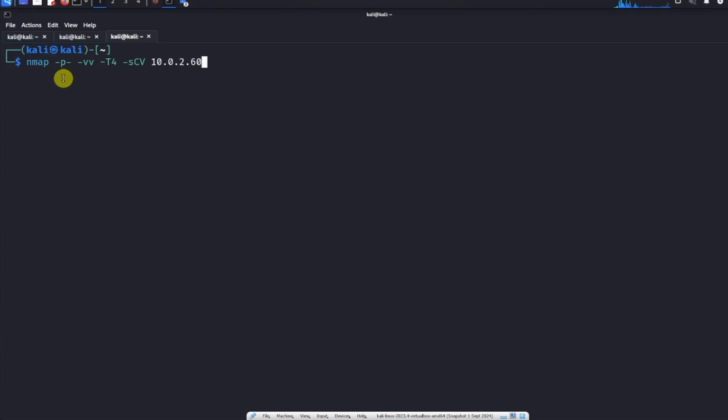There's -p- to scan against all ports, -vv for very verbose output, which is going to return before the scan actually finishes, -T4, which means that it's going to run fast but not too fast, and I'm going to run common scripts against whatever services we find with the -sC and versioning information with the -sV over here. So when we run the scan,